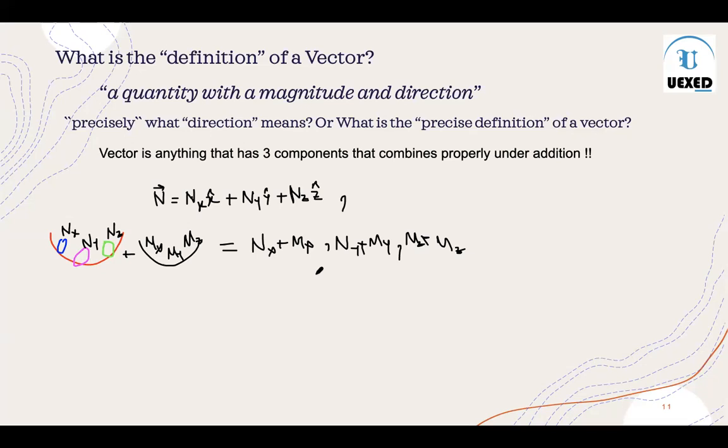What is the precise definition of a vector? You might remember from the previous slide that whenever you write a vector, you always denote it by a coordinate system. Even in one dimension, somebody is displaced from the origin to some point. We say that this is a coordinate system in one dimension.